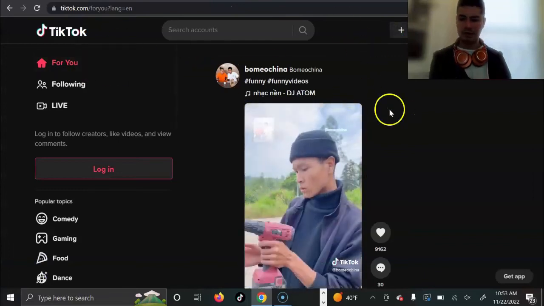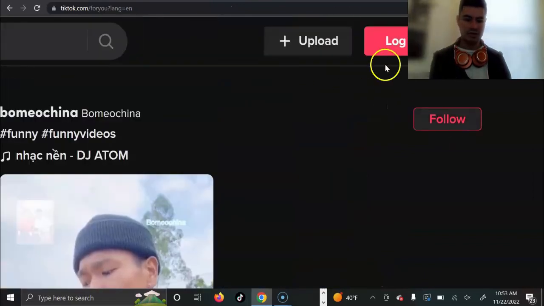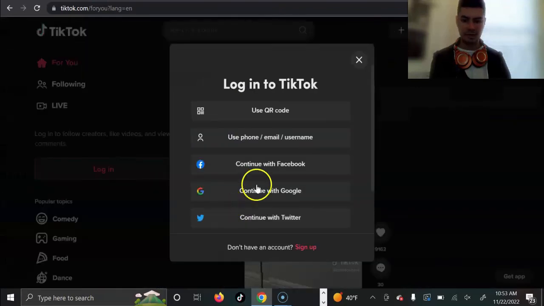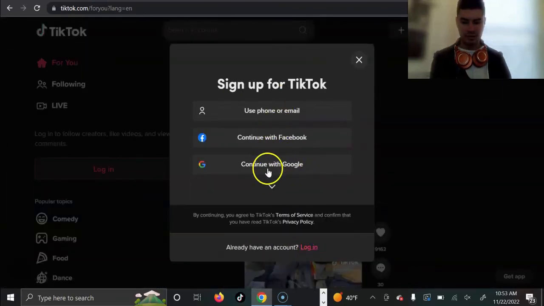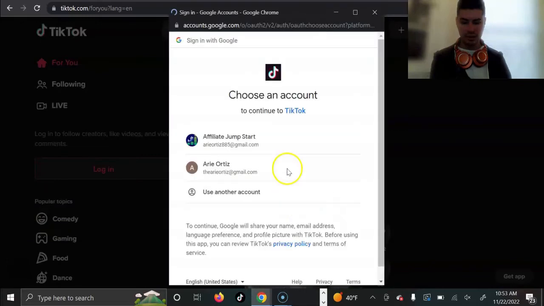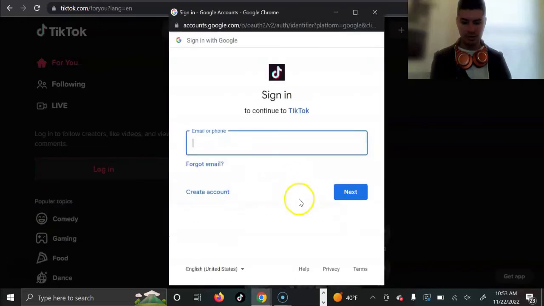So you just go to TikTok, go to the top right, click on login, and then click don't have an account, sign up, and then continue with Google, and then we will simply use one of the accounts that we have